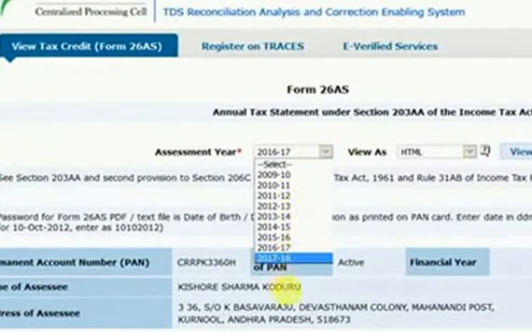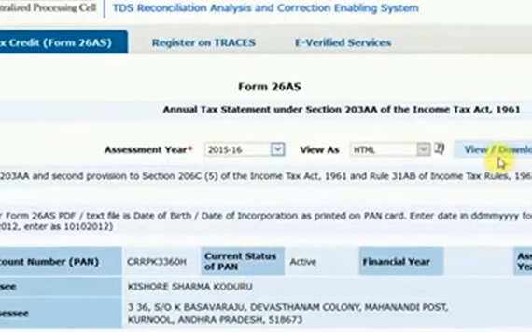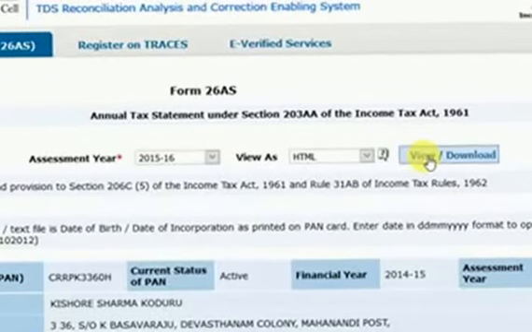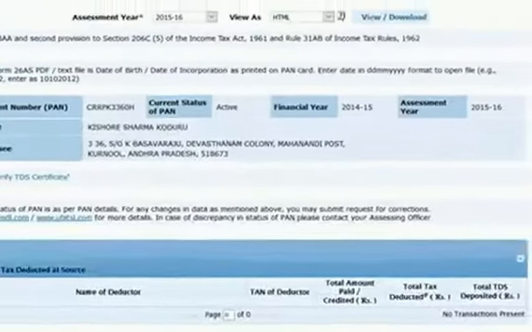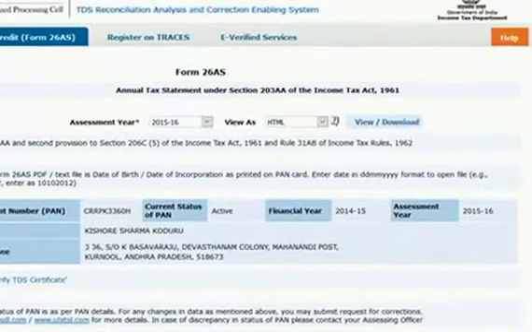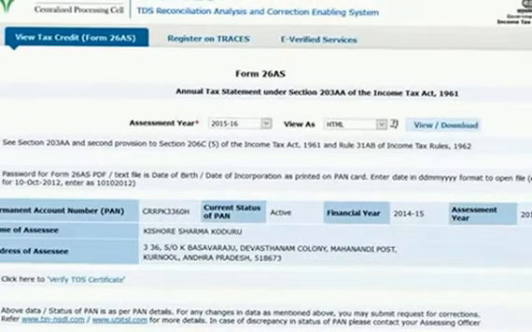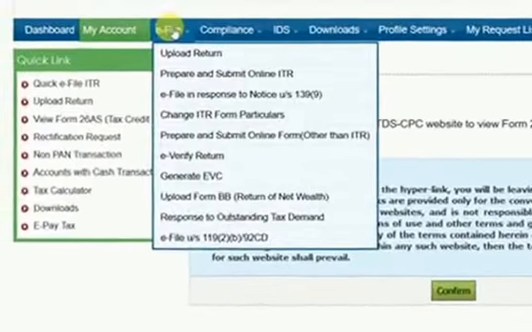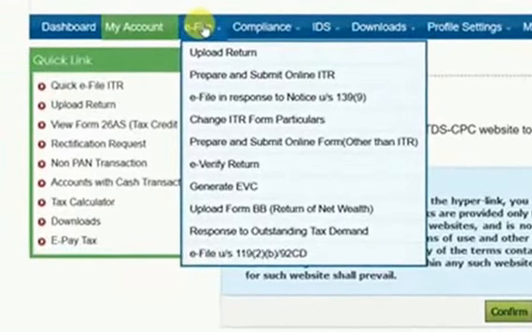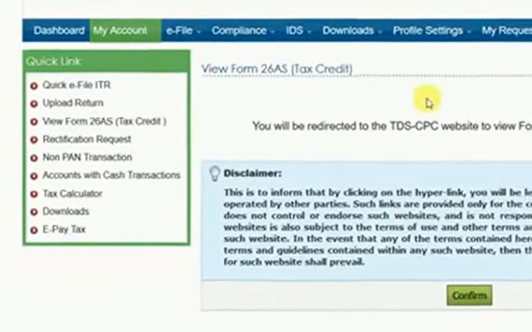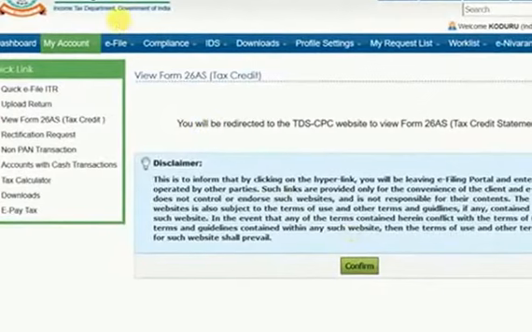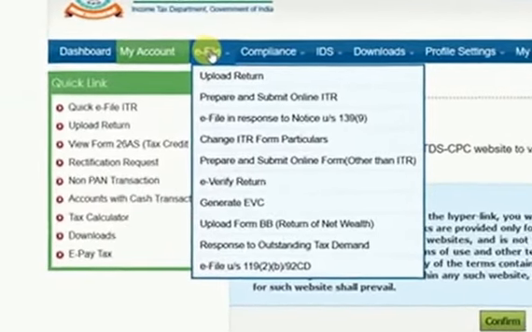I would like to submit the 2015-16 assessment year. We can submit only the latest 2 years' returns, 2015-16 and 2016-17. Right now I'm submitting last year's return, the 2015-16 assessment year. We can submit 2016-17 also, but first of all I'm submitting 2015-16.